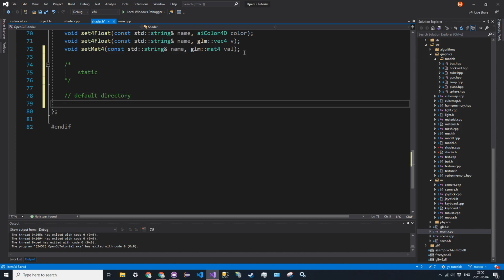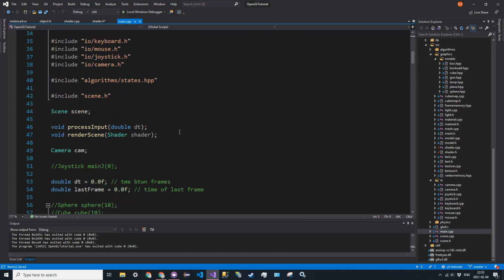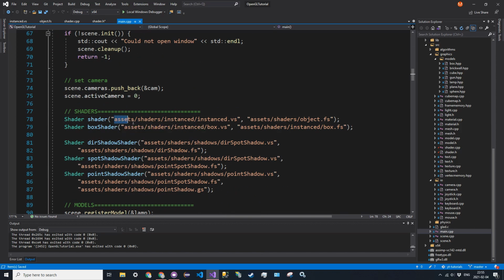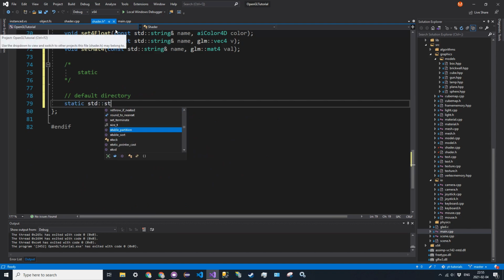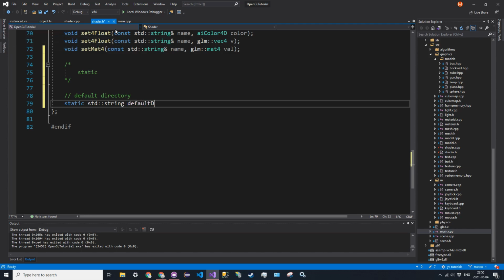all of the shader files, because in our main file, when we initialize all the shaders, we repeat assets/shaders several different times, and it kind of clutters up the code here. So just to simplify that, we can have a static std string default directory,